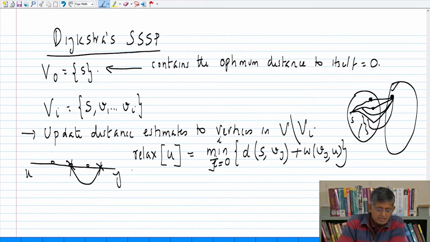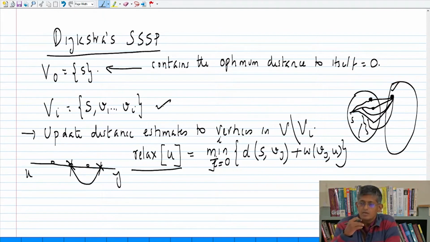This is the updated distance estimate after the ith iteration. That is, at the end of the ith iteration, you update the distance estimate to all the vertices for which you have not yet found the shortest path. In the i plus 1th iteration,